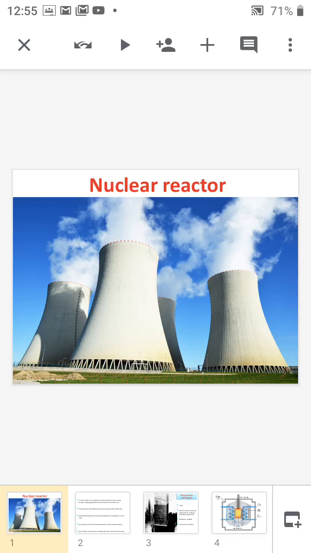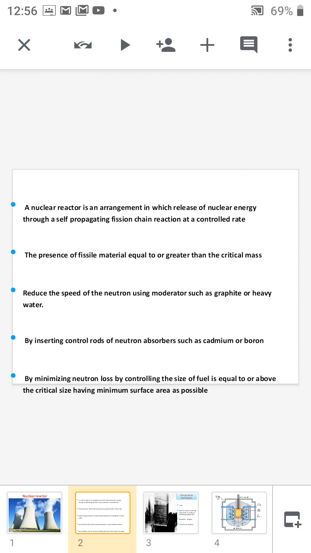Good afternoon, everybody. Today we are discussing the next topic of nuclear chemistry, that is the nuclear reactor. This is the image of a nuclear reactor. The nuclear reactor is an arrangement in which the release of nuclear energy occurs through a self-propagating fission chain reaction at a constant rate. And you know that there is a fissionable material present in the nuclear reactor, and